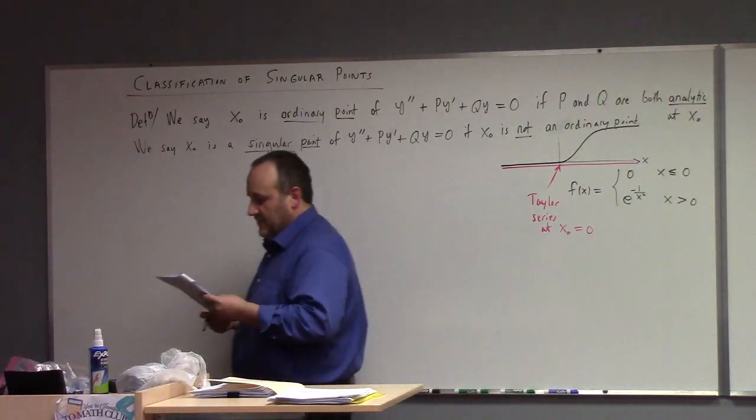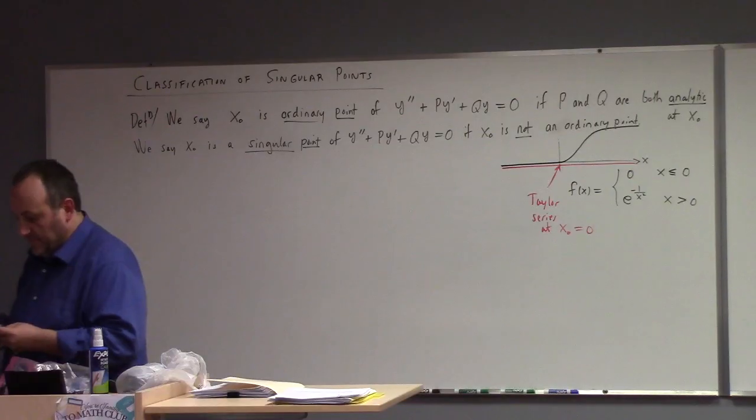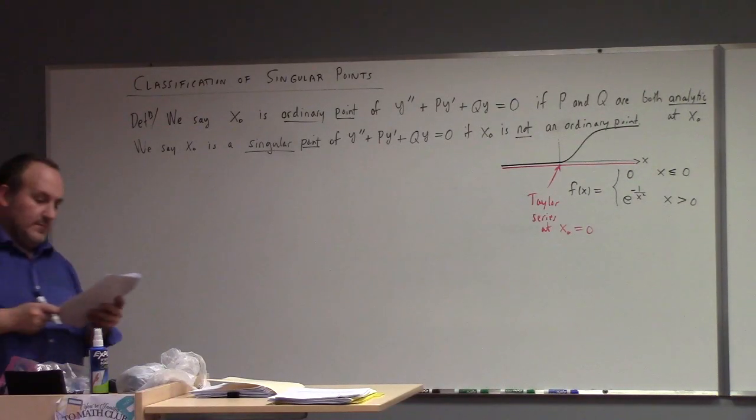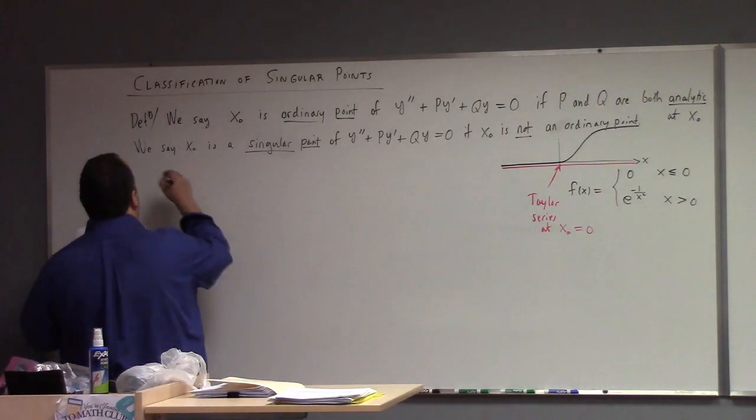So every point is either an ordinary point or a singular point, right? One or the other. And then finally, a point